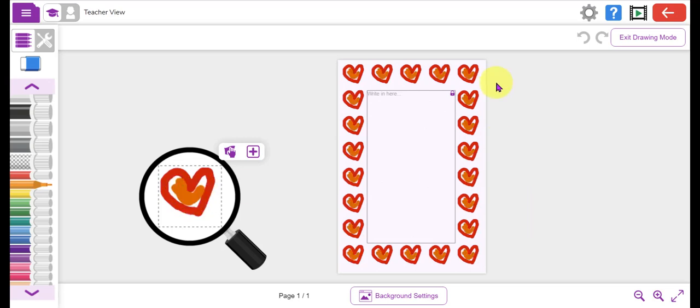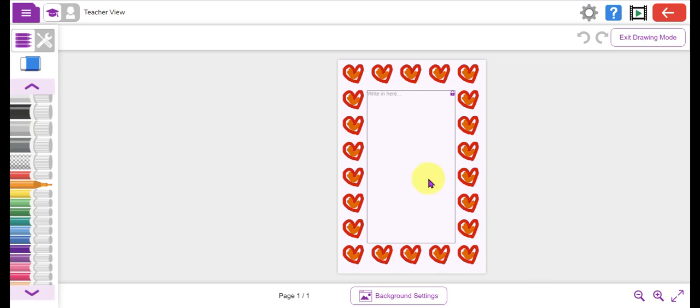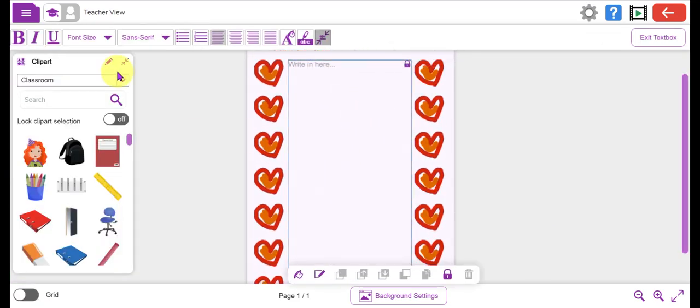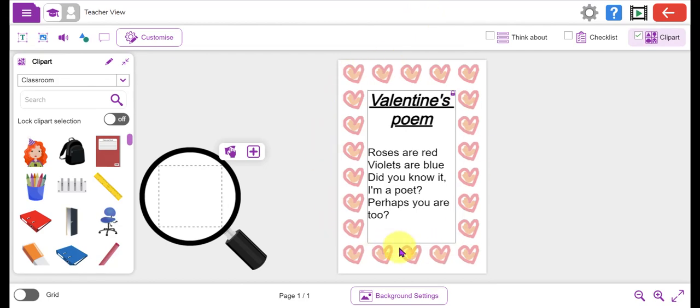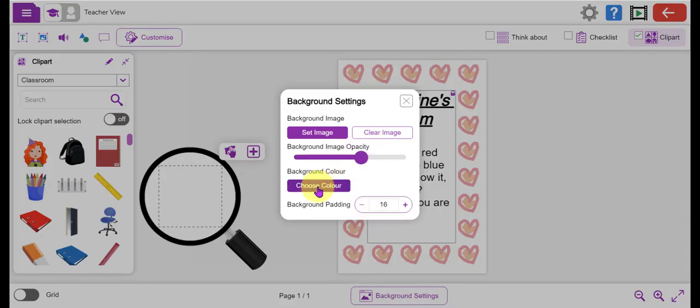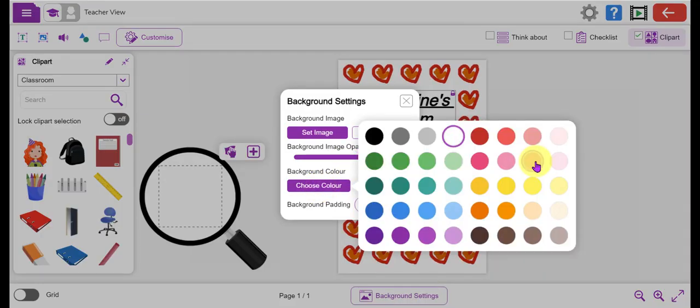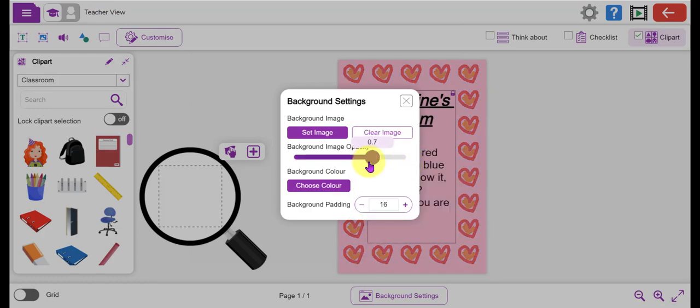And as you can see, that's created a pre-made border around my writing template, and I could write my poem inside here using my text editing toolbar. So there is my completed Valentine's poem. Now, to really spruce up my poetry, I can edit the background settings down the bottom here. I can choose a background color. Let's choose this, and I can increase and decrease the relative opacity of my border,